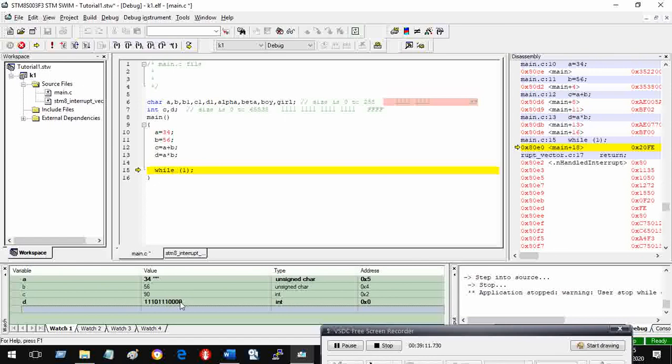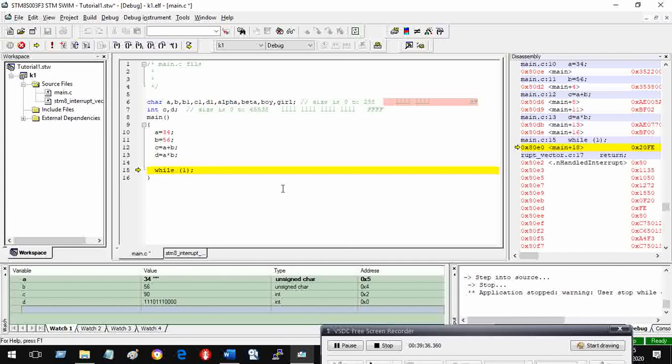The number of characters is 11, which means there are 5 leading zeros. So this is the binary representation. You can represent your data in the way in which you feel comfortable or which is appropriate for a particular application.